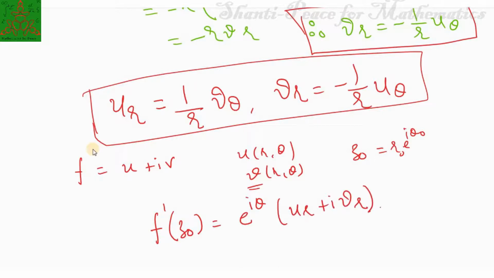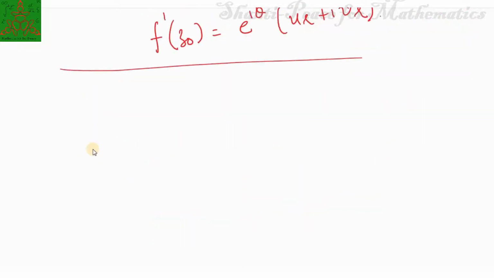That means it is a differentiable function. Another way to represent your CR equation in polar coordinates in a simpler way is this. Suppose you have a function w equal to f of z which is differentiable, and it can be written as u plus iv, where u and v are functions of r and theta. If you take the derivative and substitute z equal to r e raised to i theta,